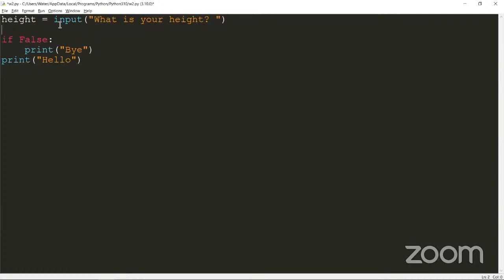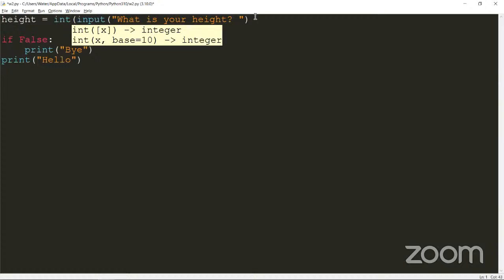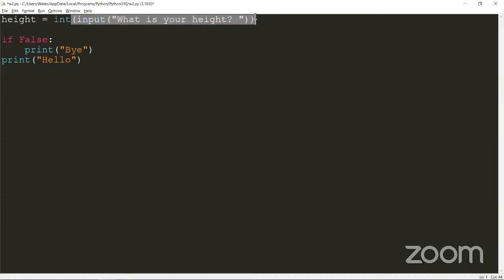And then we also want to convert this to an integer. So I'm just going to wrap that with int. This might seem a bit weird, but you can actually wrap a function with a function. What I've highlighted is a string, right? It's the string input, and it's going to be a number. Let's say we input 20. It's going to be 20 as a string, and then we're going to convert that 20 as a string to an integer. And now height is an integer that we can use to